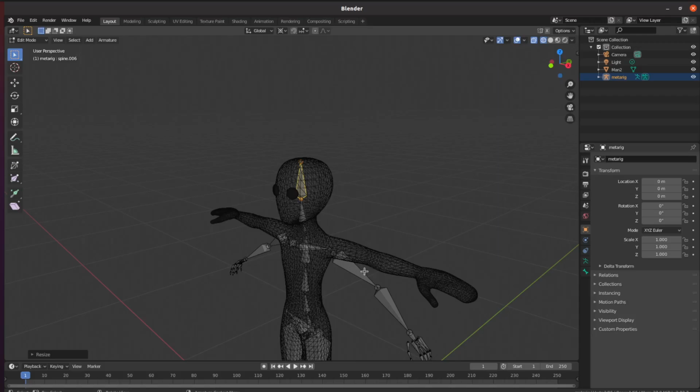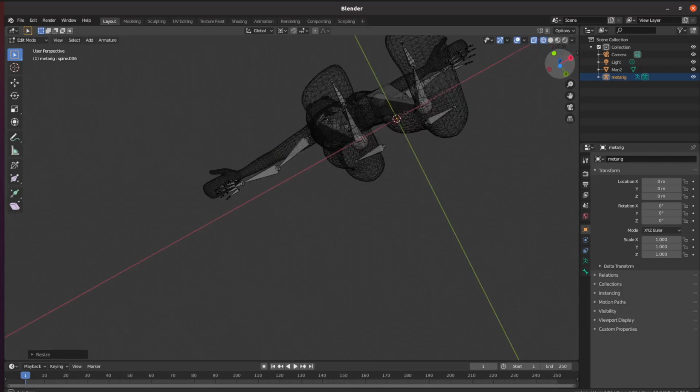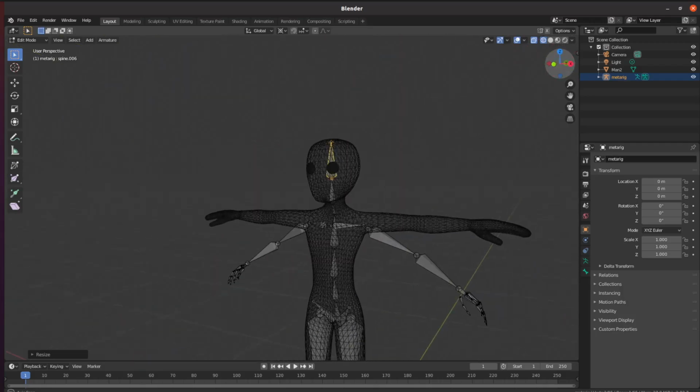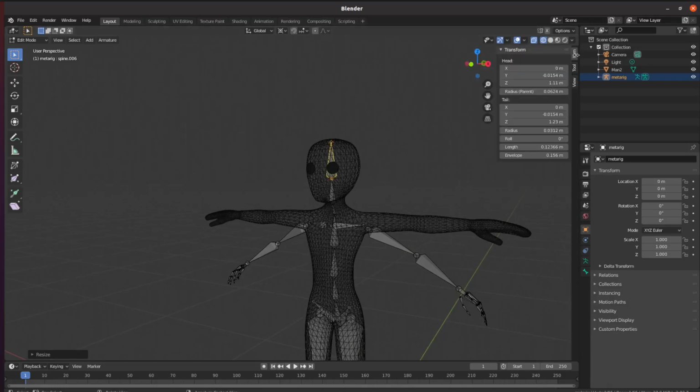Now, in order to rig it perfectly, we want to make sure that all the bones are inside the character, right? So for this, one thing which will help is, again, we are in the edit mode. Let's go here. Okay, so inside